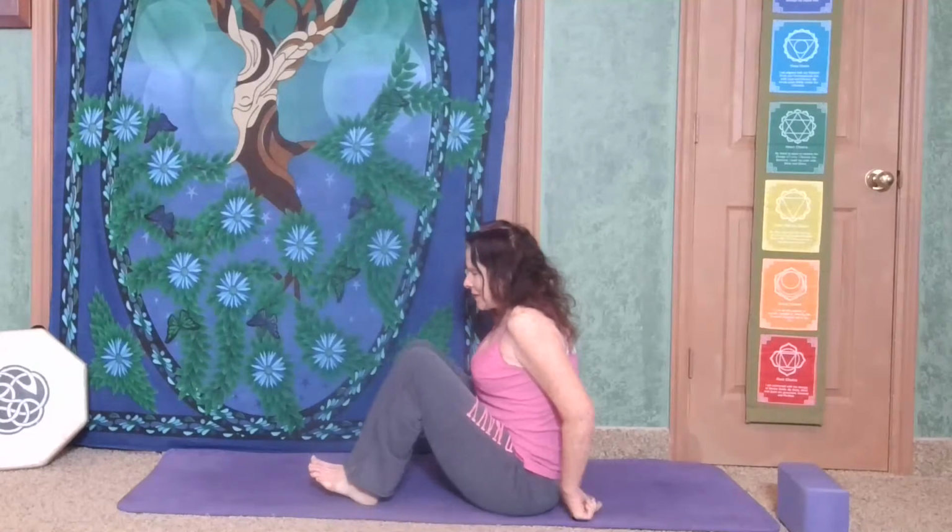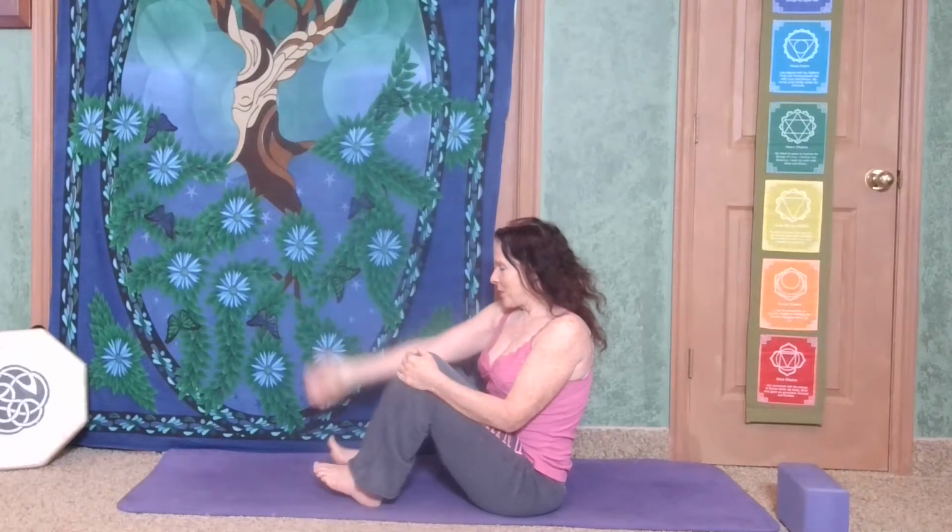And inhale, coming up. Beautiful job. Let's bring those knees together. And while we're here, let's do a little balancing bear. And I like to start the balancing bear where we just do one leg at a time, and then we can do both. So I'm going to hold on to my left leg here, and let the right heel just rest on the earth,